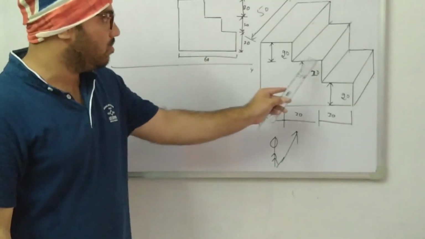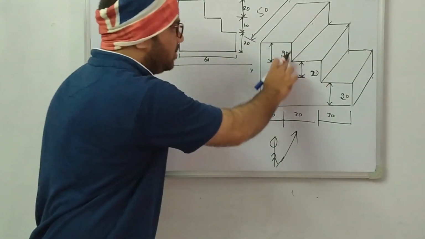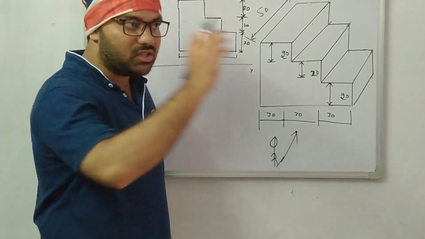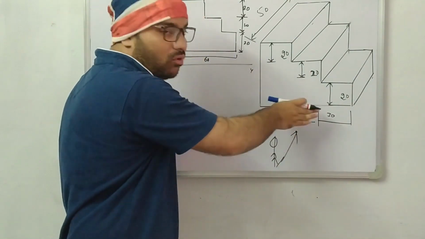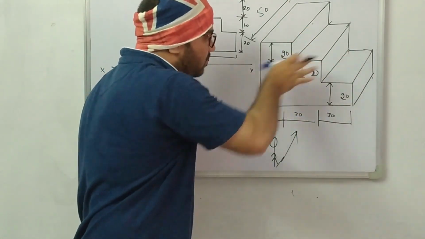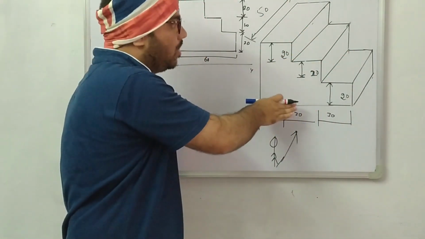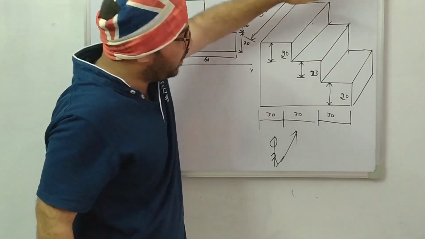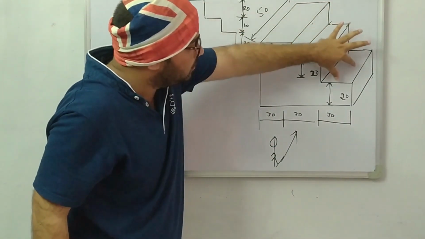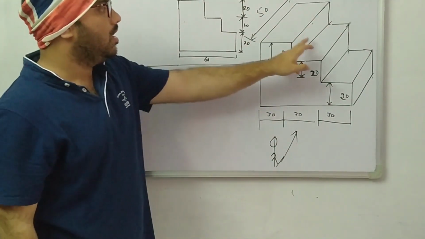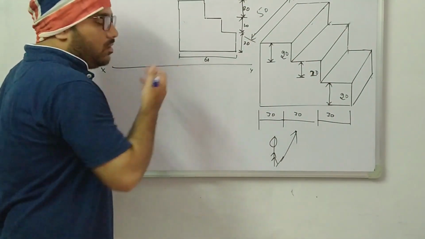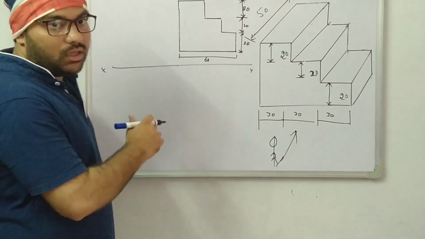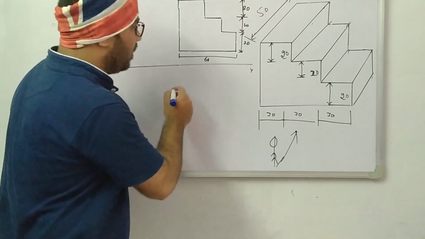This is the front view. We are watching from this side. I can see this only. Why? Because my rays will meet the object perpendicularly only. You can't see these faces when you are watching from the front side. Now watching from the top side, I can see these stepped faces. So here in the top view, I am going to draw the width. What is the width?